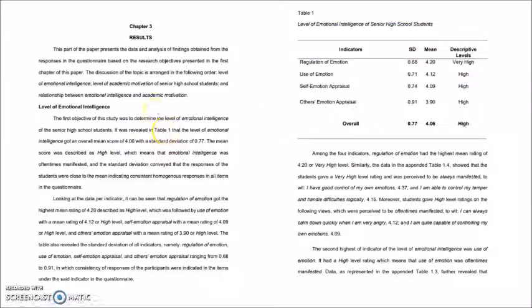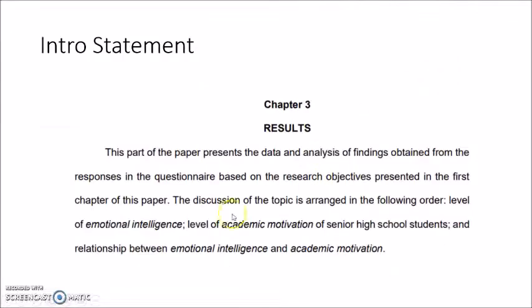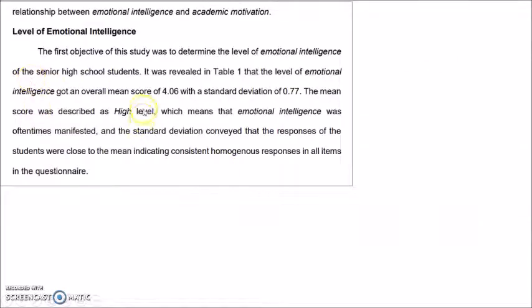Kasi, again, dito siya naka-mention na introduce ang Table 1. On the next page, nasa top dapat. Topmost part yung Table 1. Alright. Sige, balik tayo. So, it was revealed in Table 1 that the level of emotional intelligence got an overall